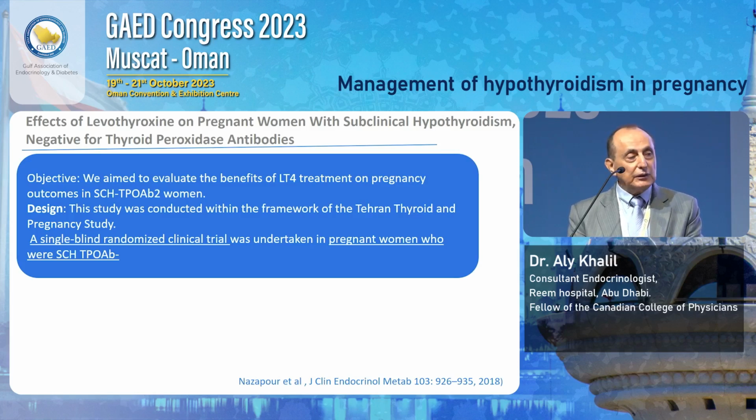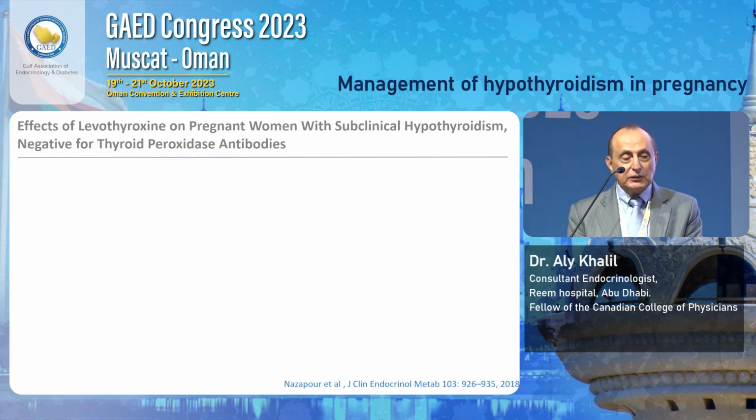And here, her initial study was to look at the benefit of treatment with T4 in a group of subclinical hypothyroidism and negative antibodies, just to make it easy for you. And they used TSH 2.5 as the upper limit. And it seems that TSH at the upper limit of 2.5 has no effect on adverse outcome, but when they changed the upper limit of TSH to 4, it seems it became positive. So above 4, it seems there is a reduced risk of premature delivery, but not so much reduction of miscarriages.